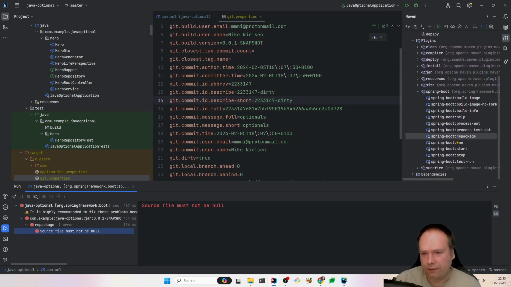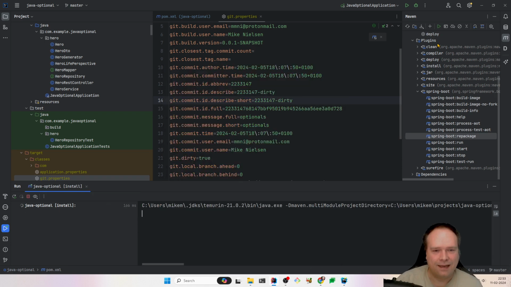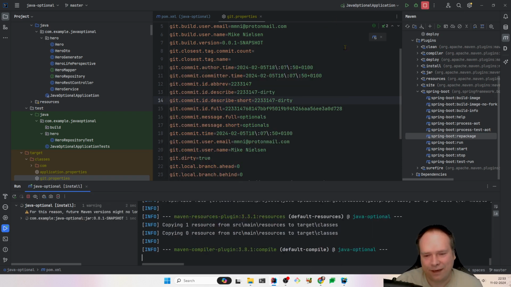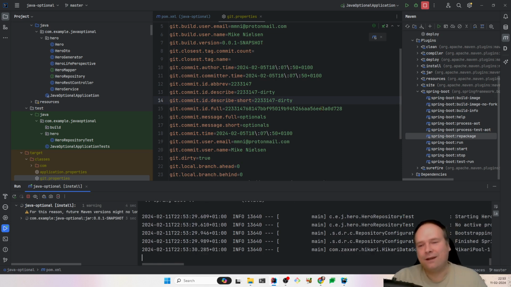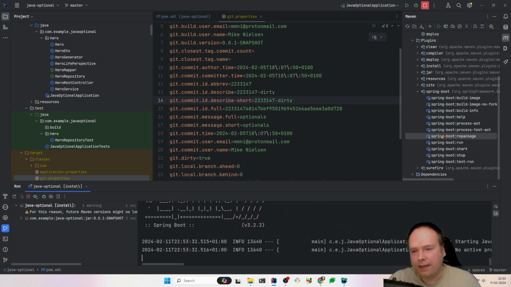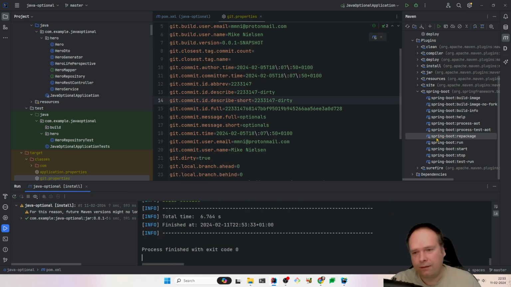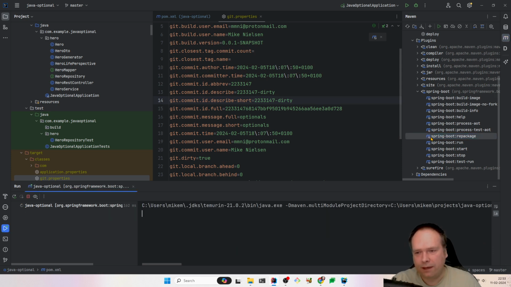Okay, yeah, of course. So I need to run install first. Yeah, I'll run install again so that my jar file will be created. It's just because I deleted the jar file. And then we need to run repackage. What happens in repackage is that Spring will actually create a manifest file for you so that it knows